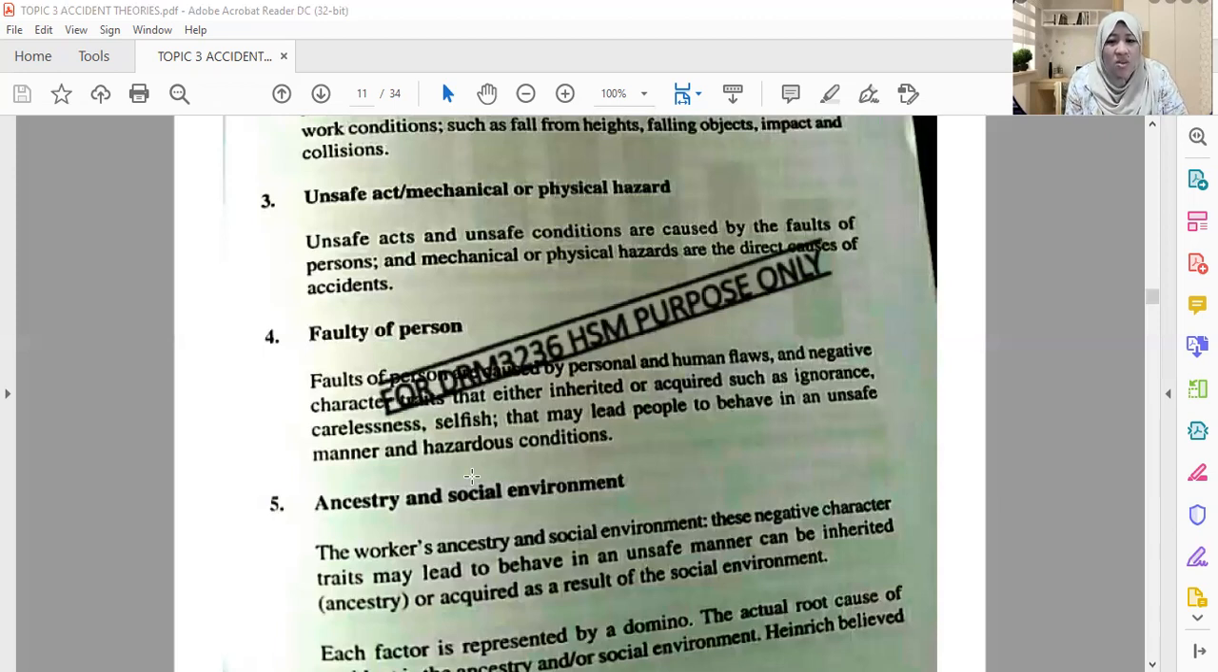So, the fault of the person caused by personal and human flaws. Okay, human flaws, ini ada kelemahan dia lah. Let's say, maybe you can see the incidents at certain PPV, right? The vaccination center, due to human error, because they were injecting the empty vaccination to those who needed the vaccine, right? Maybe because they are tired, exhausted, overload of work. There are many factors on that, but that is human flaws and negative character traits that are either inherited or acquired,